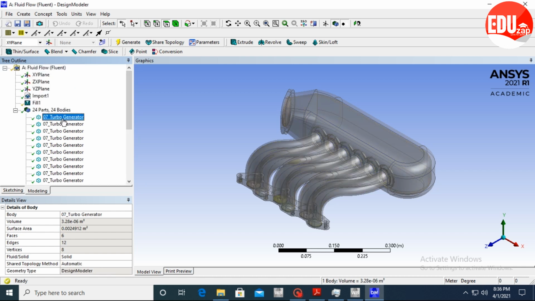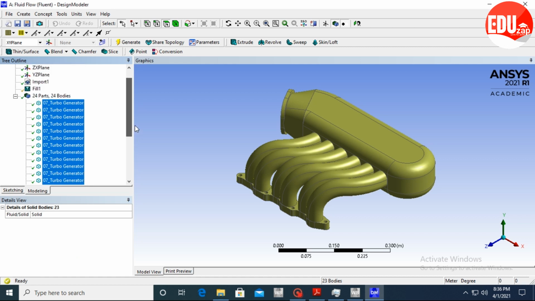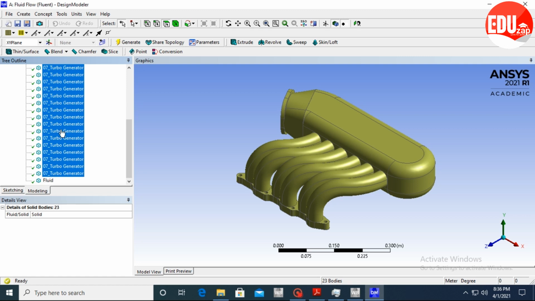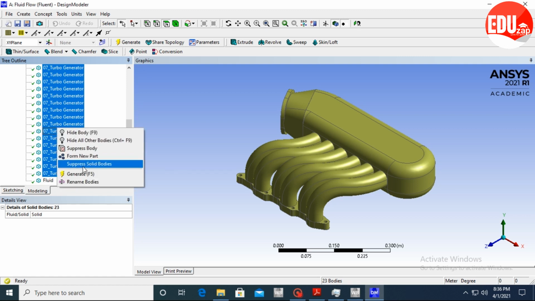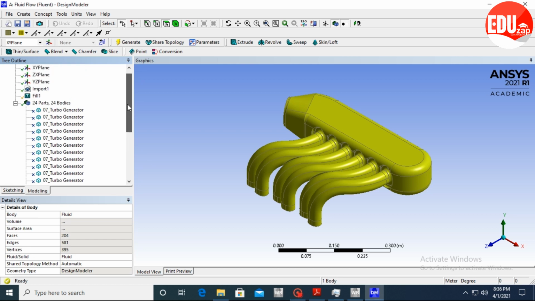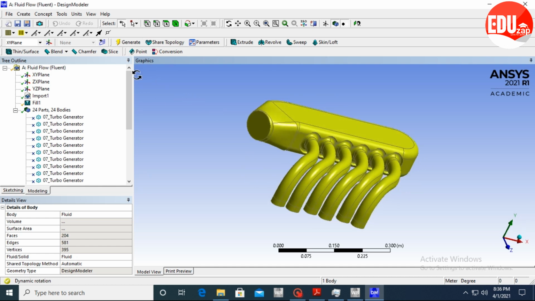Click on the first turbo generator and hold the shift button, and click the last turbo generator. Then we can select all the bodies except this fluid region. Then we can suppress these solid bodies, and we can see only the fluid region. Okay, after rotating this, after that we need to create the